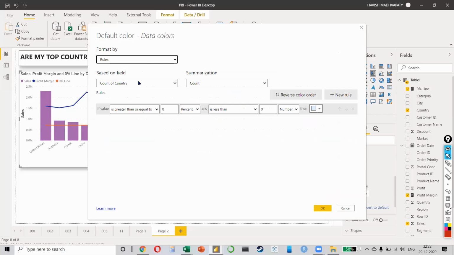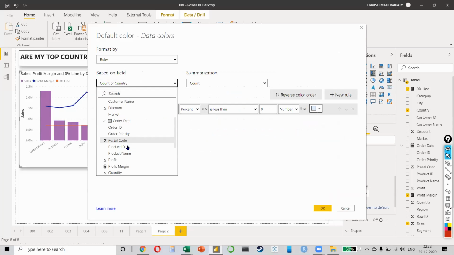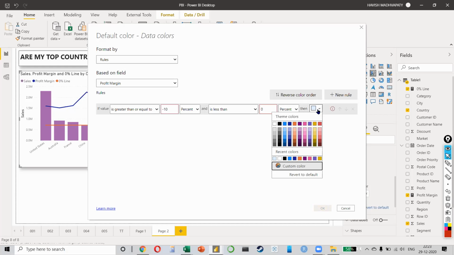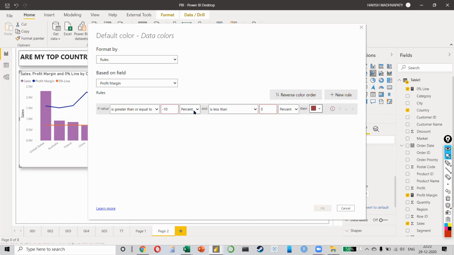Okay, so what is the rule? I will select my profit margin and we'll say that if my profit margin is greater than or equal to minus 10 and is less than 0, right? Then it should be red. So I'm just choosing a red color here. Let's just make it -1 to 0, right?